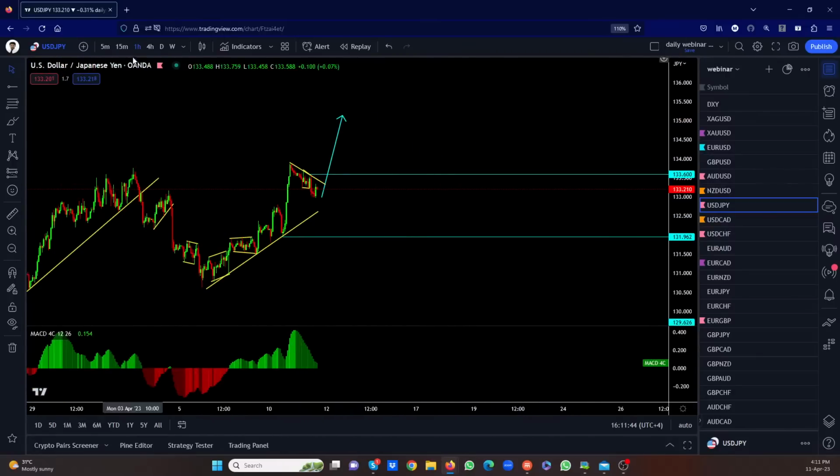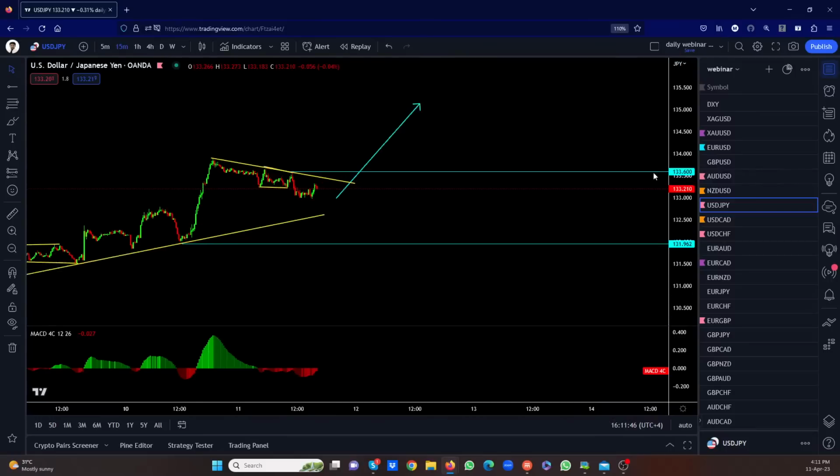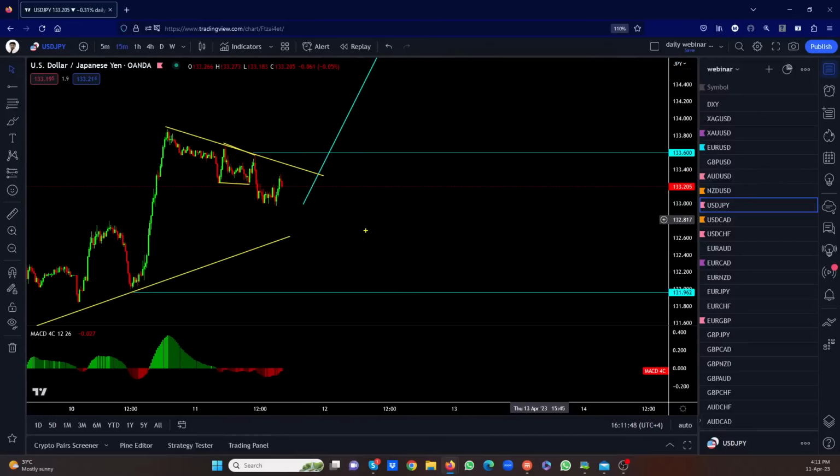Now, it's still going down, right? So I would like it to go down some more. Now, the lower this goes, we're not trying to sell this, right? You can see that there's a small flag here. We're not trying to sell this because it's probably going to do this here for a while, and then it's going to go up, right? We're still expecting this to go up.